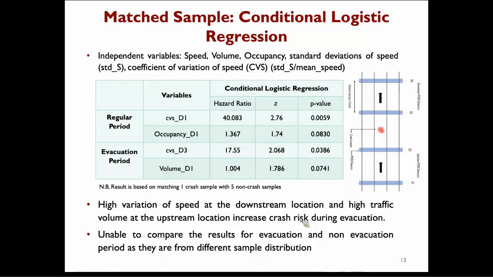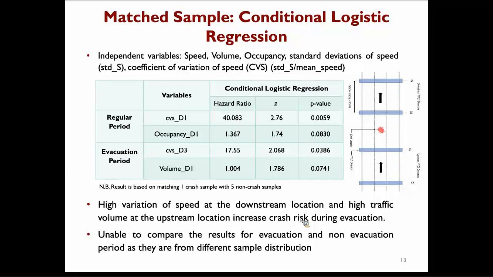For example, in the regular period, both CVS and occupancy at the upstream location have a significant influence on crash occurrence. And in the evacuation period, we found that high variation of speed at the downstream location and high traffic volume at the upstream location, and you can see the upstream and downstream locations on the right side of the figure,